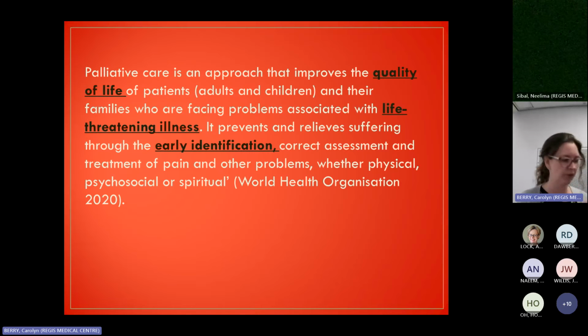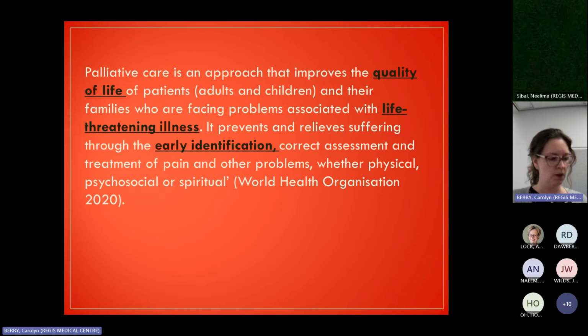But first of all, I just want to give you the World Health Organization's definition of palliative care. I'm just going to read it out. Palliative care is an approach that improves the quality of life of patients, adults and children, and their families who are facing problems associated with life-threatening illness. It prevents and relieves suffering through the early identification, correct assessment, and treatment of pain and other problems, whether physical,